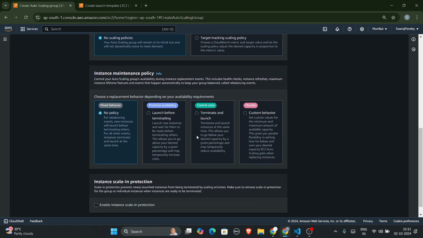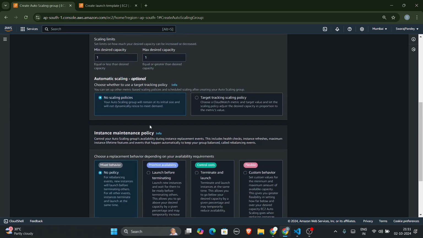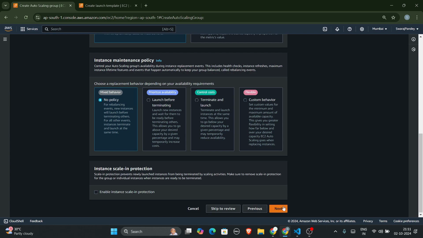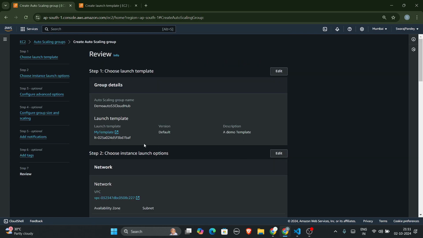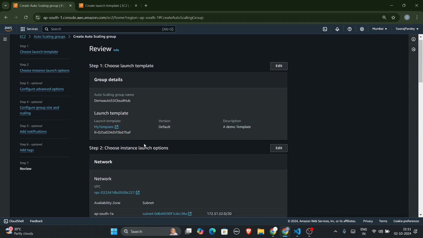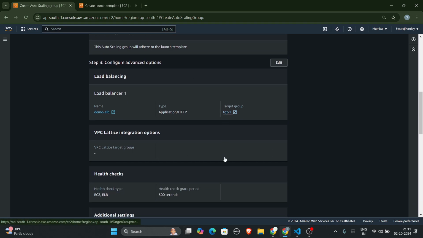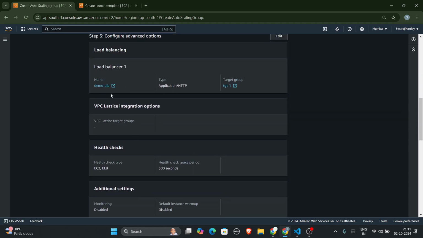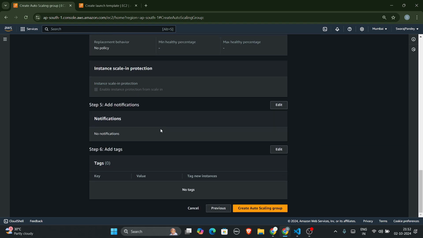No policy, launch before terminating, terminate and launch, custom behavior, I won't be selecting any of these things. You can select if you want, and yeah, that's all I want. I'll just click next, then next, then next, and let us review this one first. Network is okay. Load balancing is very good. This is my demo LB, which is my load balancer, and this is my target group TGT1. That's it. Nice. Let's create the auto scaling group now,